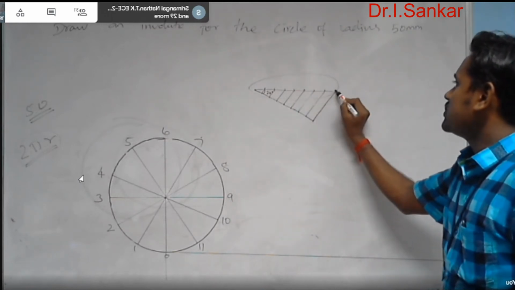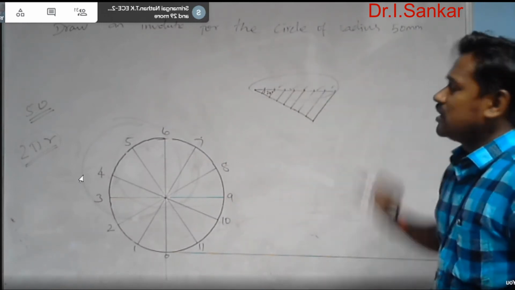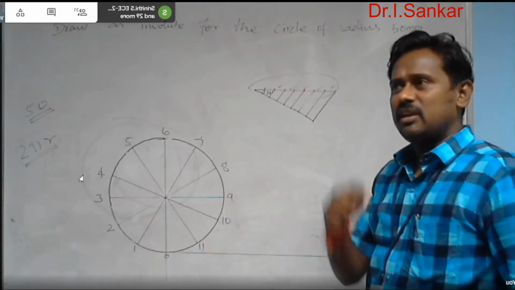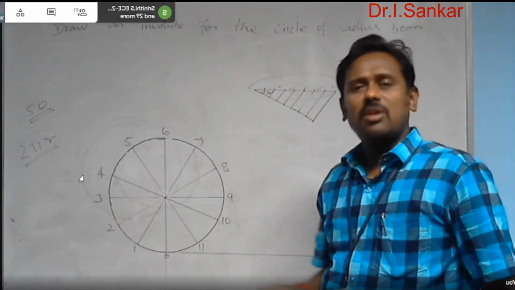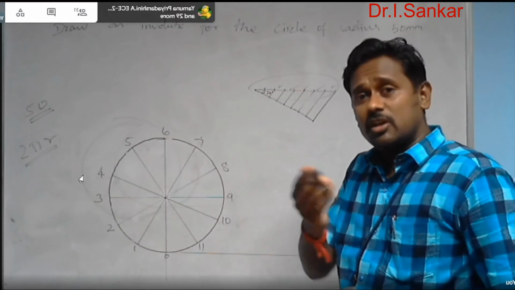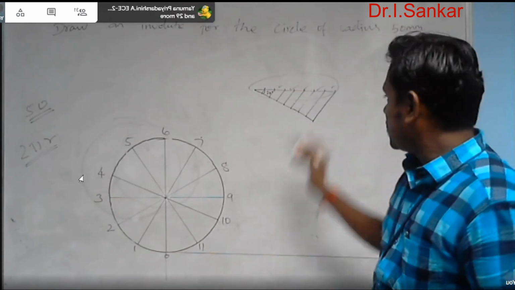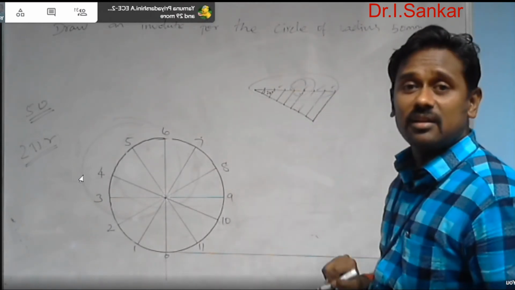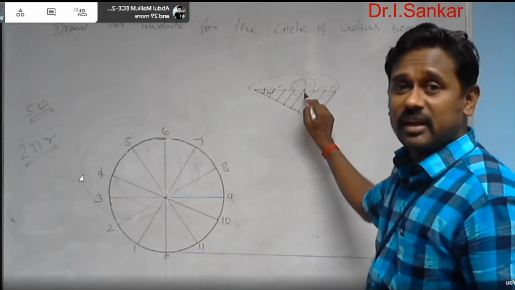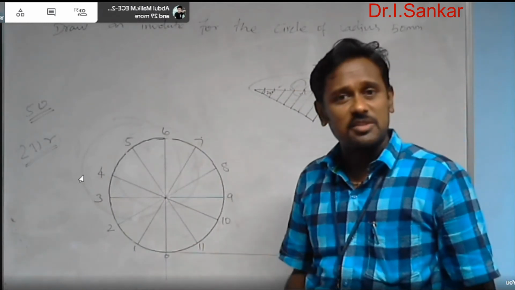With a higher accuracy. So this is nothing but a simple method to split any line into any number of equal parts. Even you need not know the length of the line also. See here, I don't know the length of the object line here. Without knowing its length, I can split it into any number of equal parts by using this method.